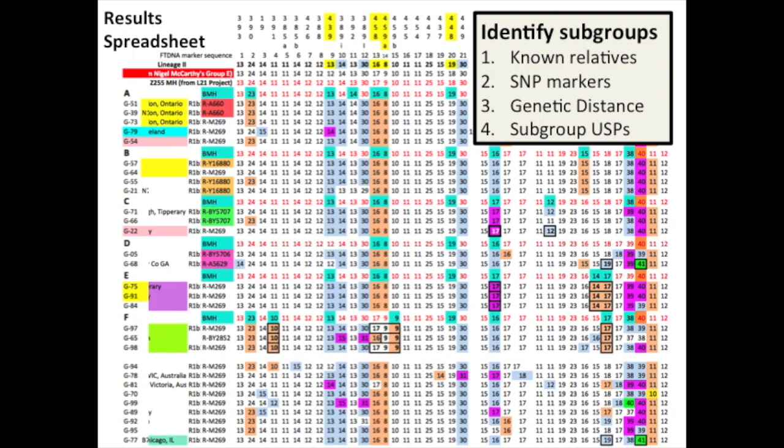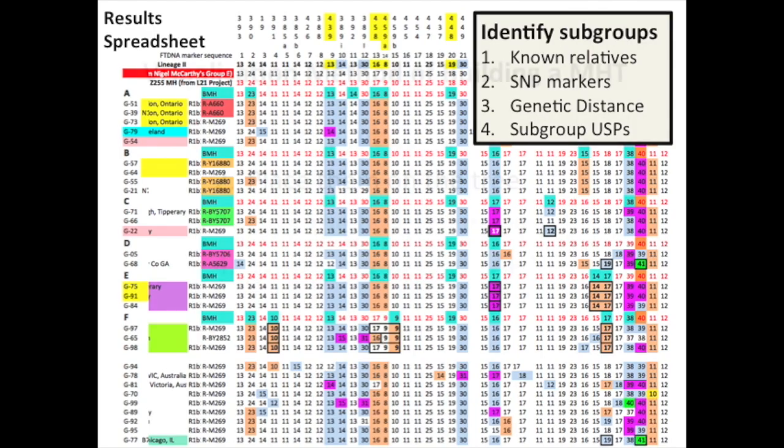These SNP markers were actually very similar to each other, very close by, so they were lumped together as well. The last two branches, branch E and branch F, were based on the STR signature, a unique STR pattern in these two particular subgroups. That was later confirmed by SNP testing. So that is a summary of how you go about finding subgroups within a genetic group within your family,